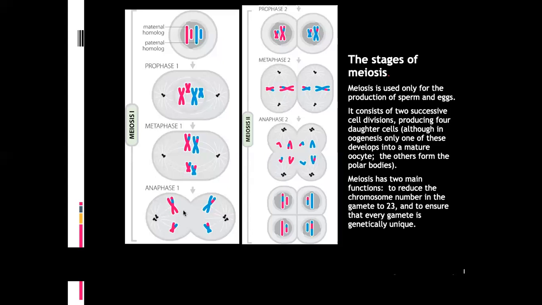So because of that, when there is splitting of the cell at anaphase 1, the chromosomes are reduced to half. So what is happening? Each daughter cell at the end of meiosis 1